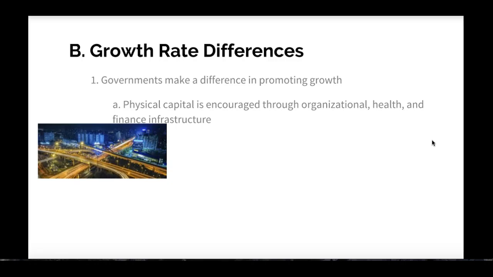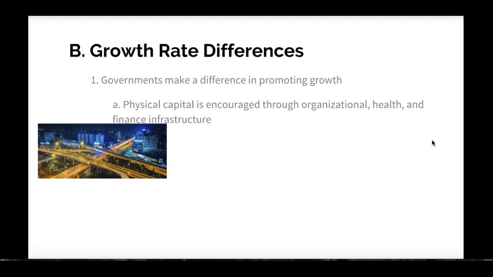Think about something as simple as roads, okay? If you have roads and bridges that are out of date, not only are you going to have things like potholes, so you have to drive slower, but you also may have roads that are too small for the amount of traffic. Maybe it's only a 2-lane road and it needs to be at least a 4-lane road. Those things are going to definitely affect the transportation of products to factories to be able to actually make physical